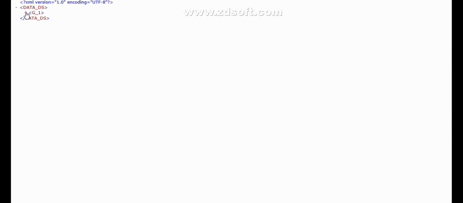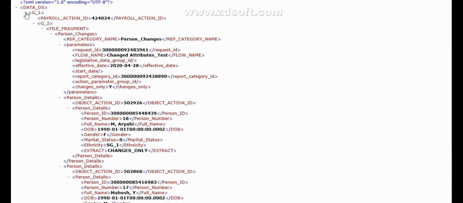G1 is the data group. Since we have only one data group, it is showing up as G1. Under this G1 are the attributes that we have passed: changed attribute text, which is the flow name that we specified, and changes only selected as Y.